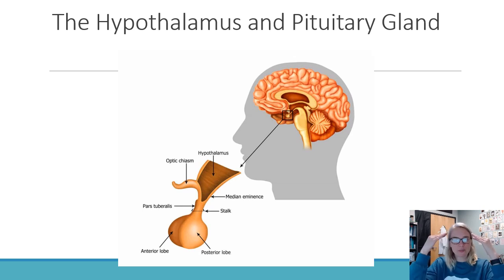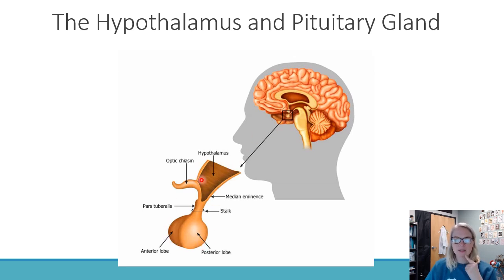So we're going to first kind of start in the brain. We're going to talk about the hypothalamus and the pituitary. So I've given you a picture of the brain, how it sits in the head, and I think we do nervous system towards the end of this class. So right down, kind of right smack in the middle, if we go like here's our eyeballs, we go straight back into the middle of our brain. We have this little dangly part of our brain hanging off, and this is called the pituitary gland.